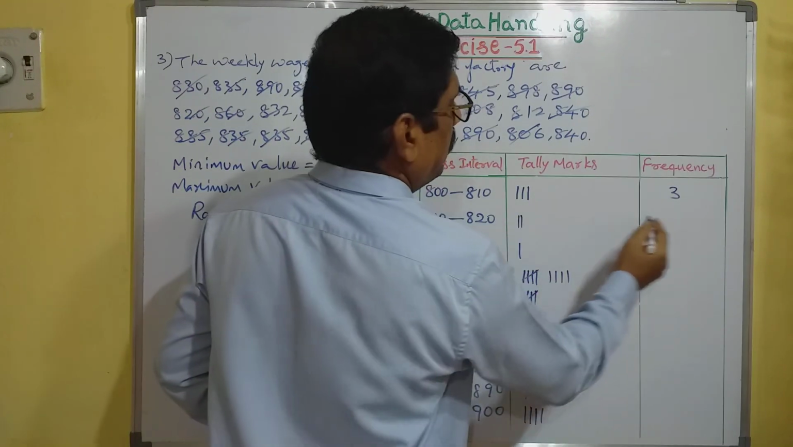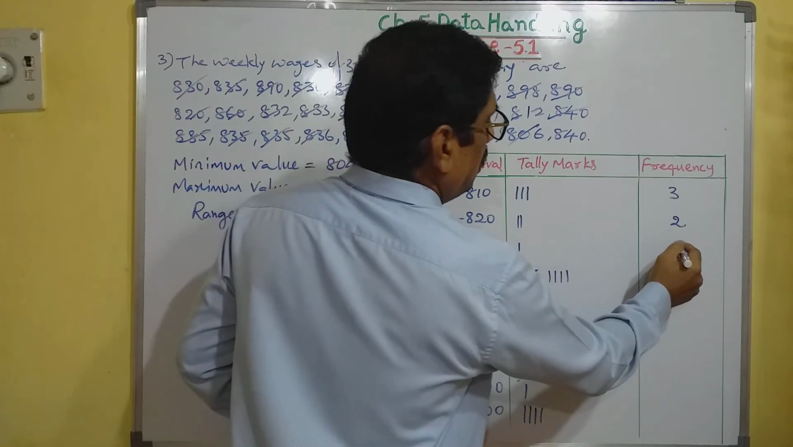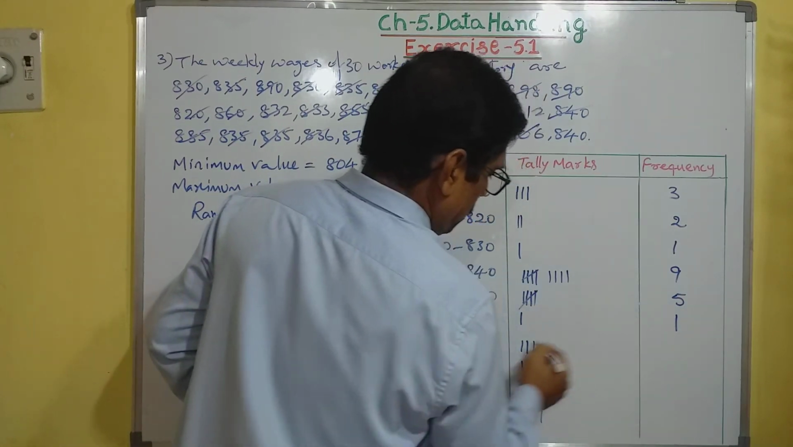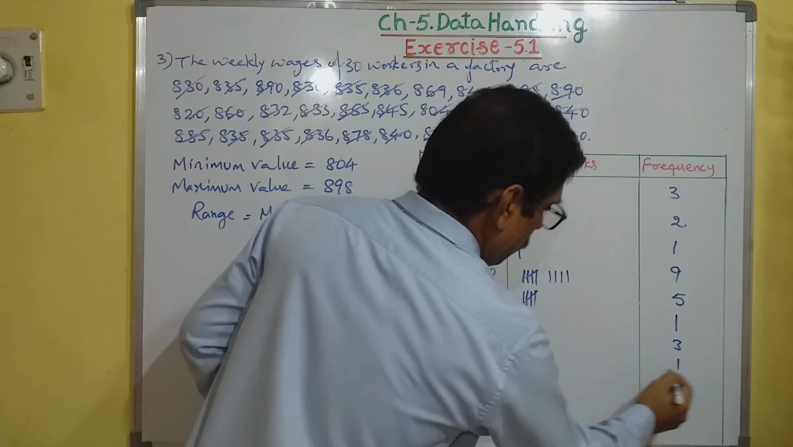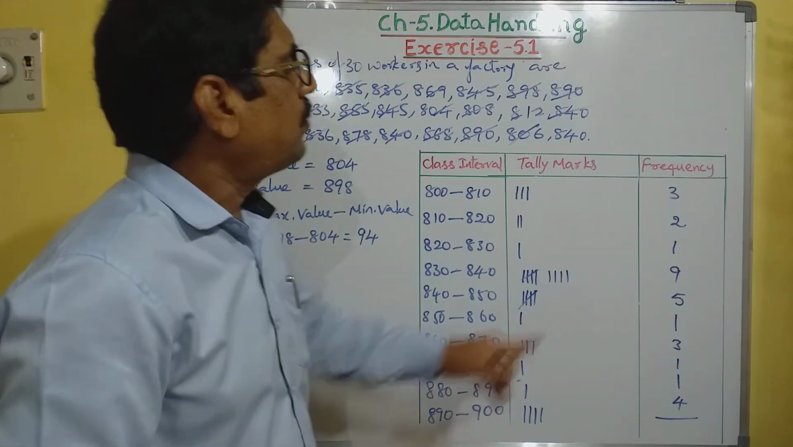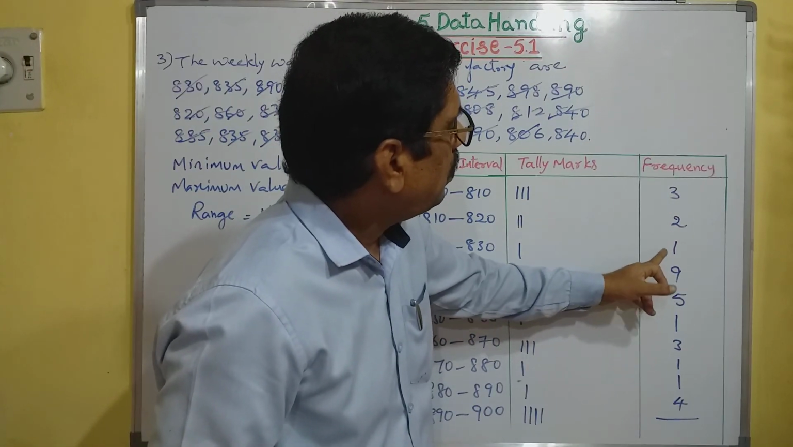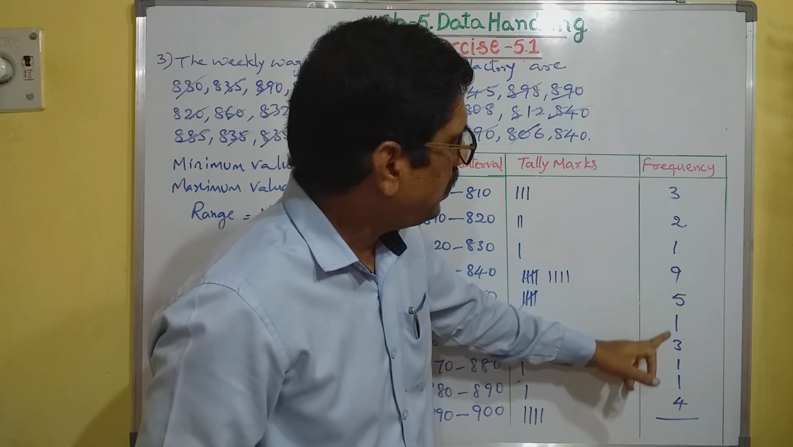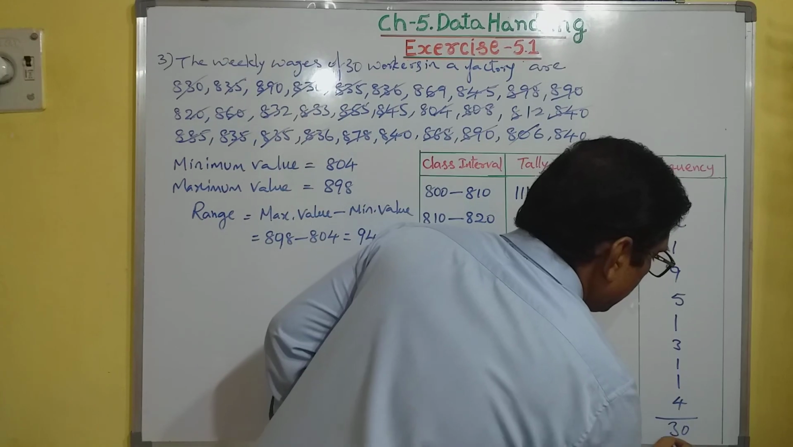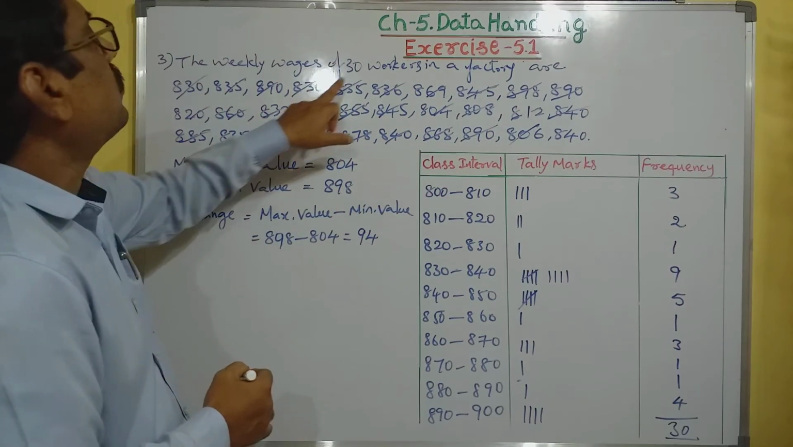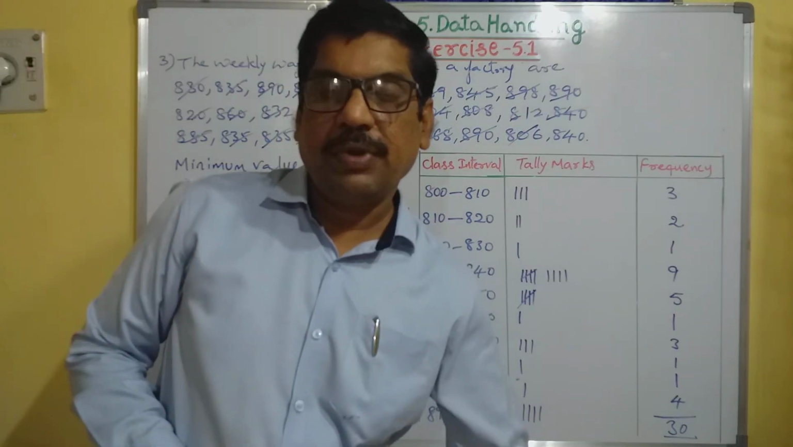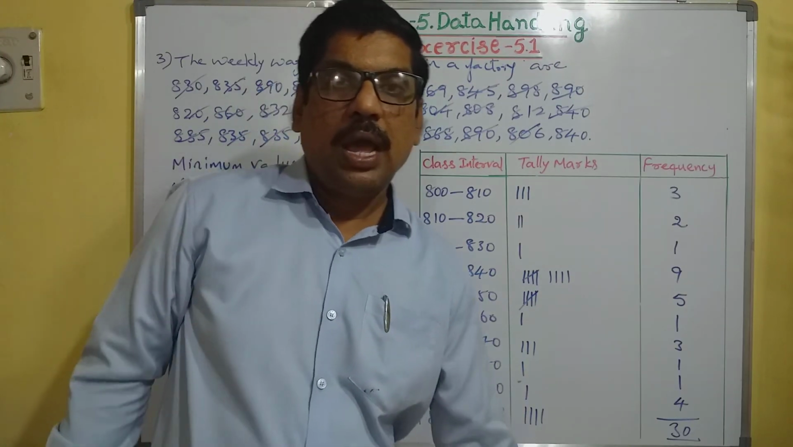Okay. Here there is 3. Here the number of observations is 2. Here 1. Here 9. And here 5. Then 1, 3, 1, 1, and 4. So what is the total? 3, 2, 5, 5, 11, 6, 6, 9, 15, 20, 21, 24, 25, 26, and 4, 30. The total number of workers is also 30. So it is correct. Like this you have to prepare the frequency distribution table for an ungrouped